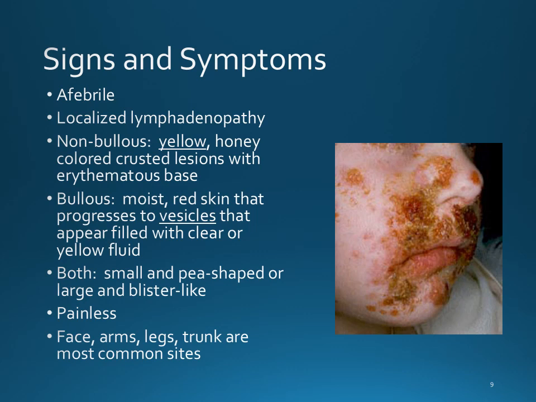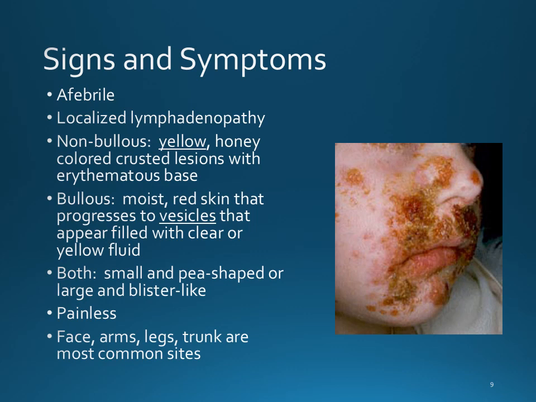All right, signs and symptoms. Generally this person will be afebrile. That is a difference between this and MRSA, because we talked about the fact that some of them may have low-grade fevers. That being said, these are the types of things you need to focus on to differentiate between conditions for this class. You need to focus on hallmark signs and what differentiates one condition from the other, okay?